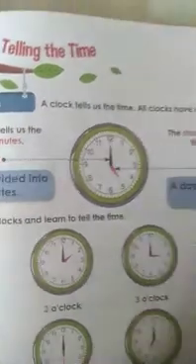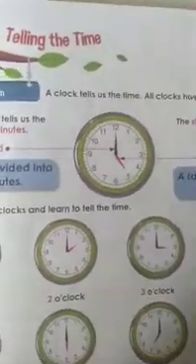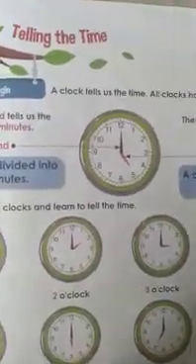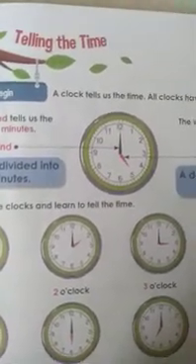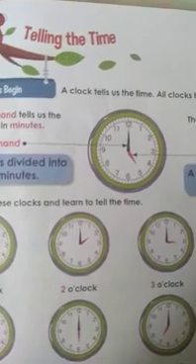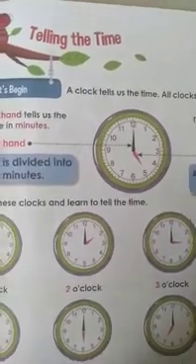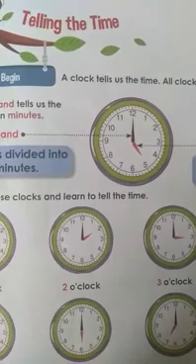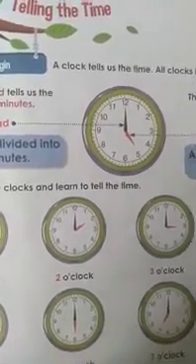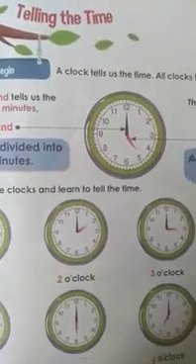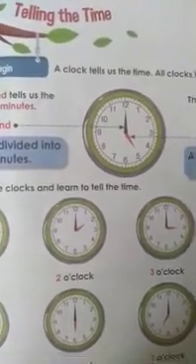So looking at the clock, you have clocks at your house, right? On the wall you can see clocks. Looking at the clock, can you tell what is the time? Whether it is 6 o'clock or 8 o'clock or 12 o'clock, what is it? Can you say? Okay, if you don't know, I will let you know.